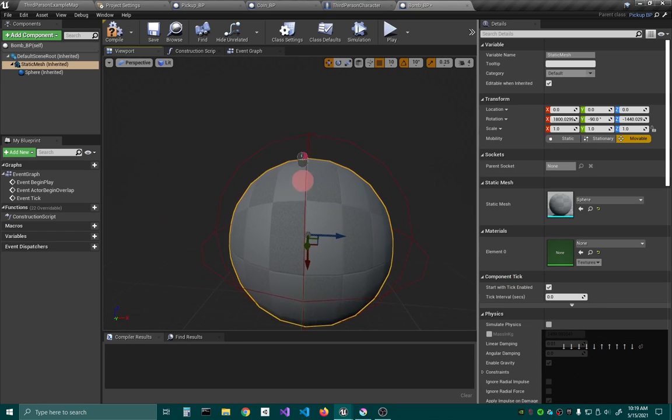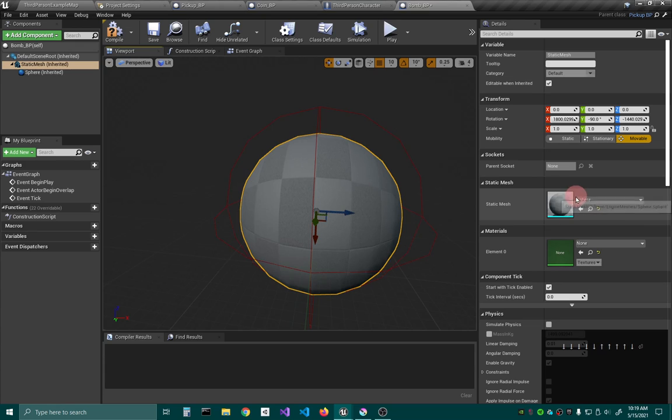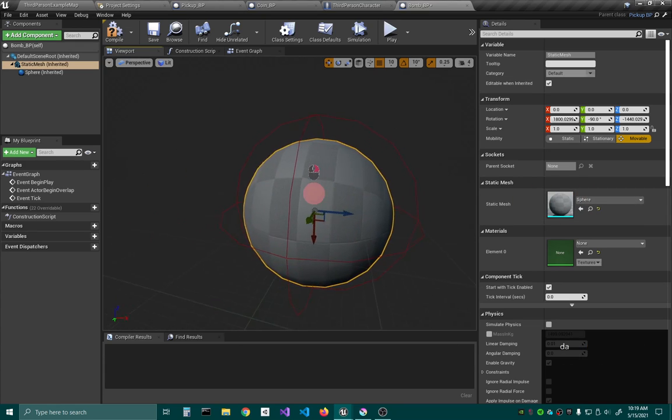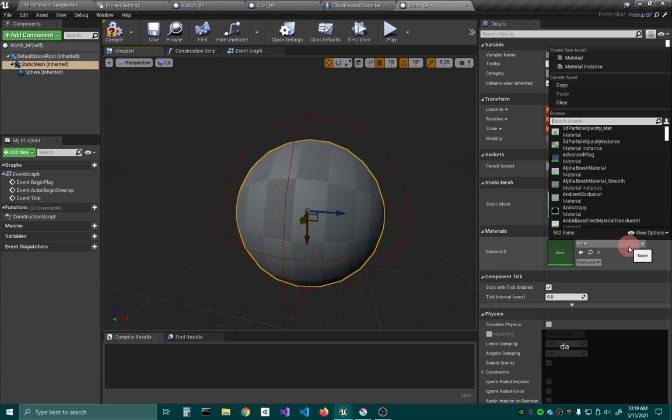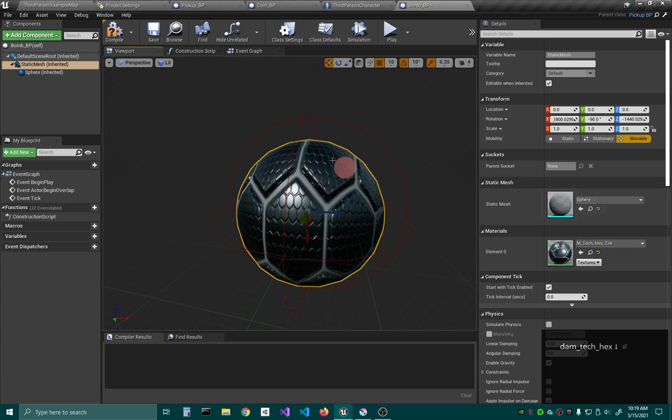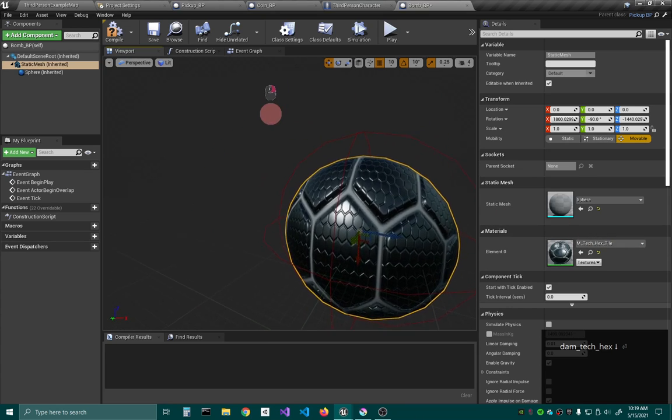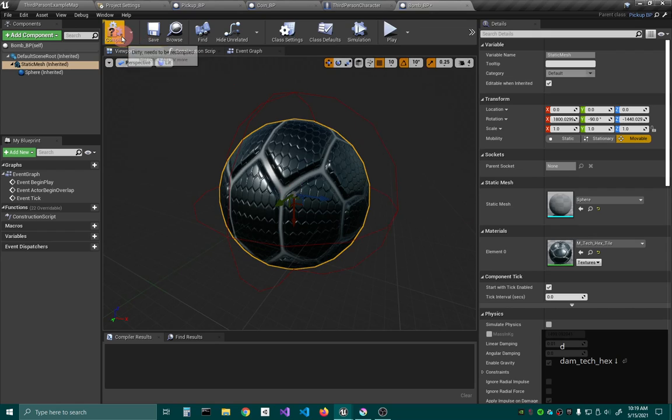That's the one. Okay, I wanted the one that's a little bit bigger. But set it to the sphere static mesh, and then for our material, I'm going to choose this M-Tech hex tile. This is just a material that's in the starter content, so it kind of looks like a soccer ball. Alright, so if I compile and save that,